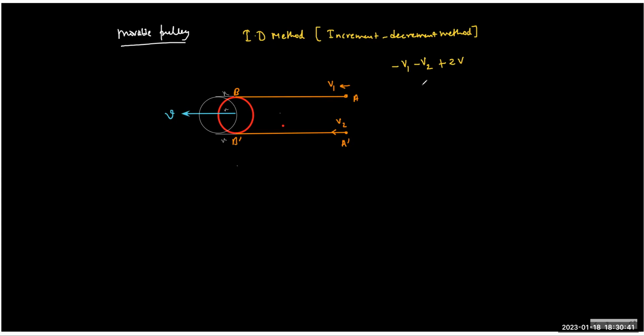So the total length of the string which will grow is at 2V rate, and V1, V2 are decreasing the length at the rates V1 and V2 respectively. But we know that the total length of the string is constant. So this sum must be equal to how much? One is increasing, the others are decreasing. The sum must be 0. Do you realize this?